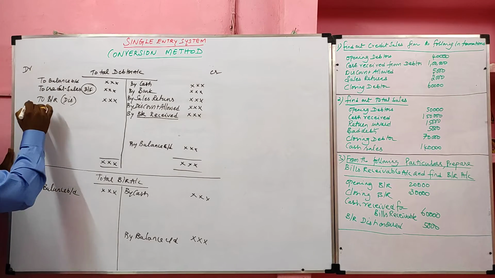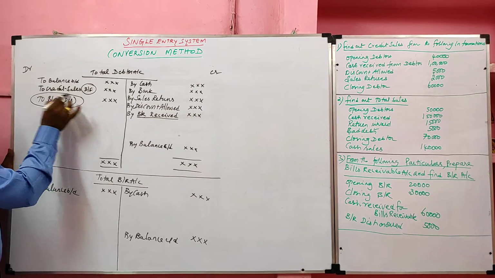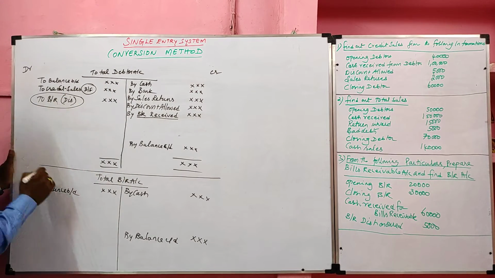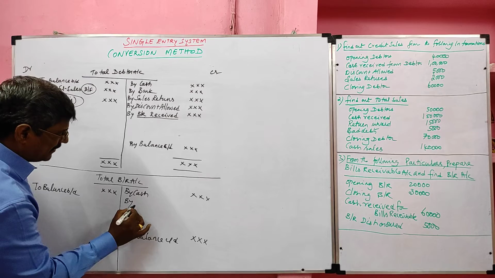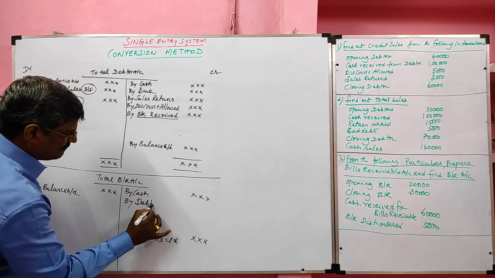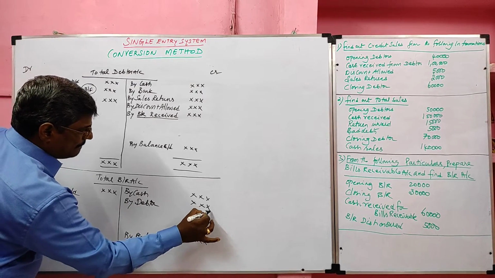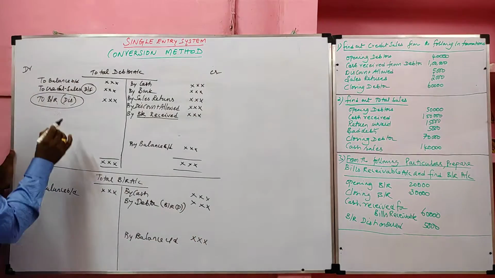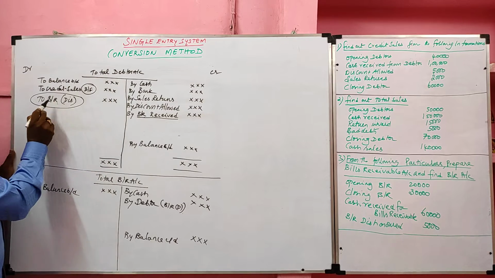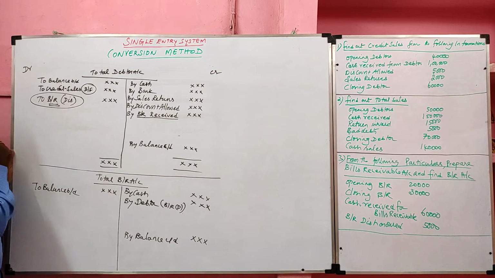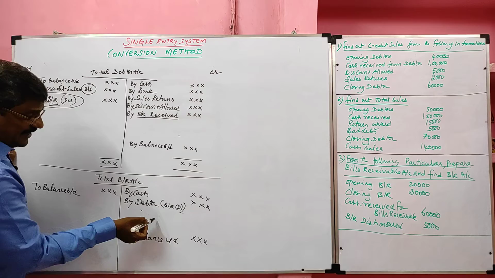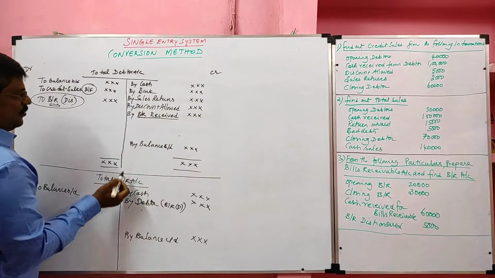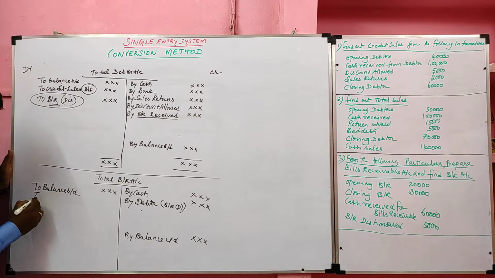Next, very important, the BR dishonored is debited in the debtor account, and the same item is credited in the BR account as debtor. This is called BR dishonored. So BR dishonored is debited in the debtor account with BR. In the BR account it will be credited as debtor. Likewise, BR received is credited in the debtor account, and in the bills receivable account it should be debited.